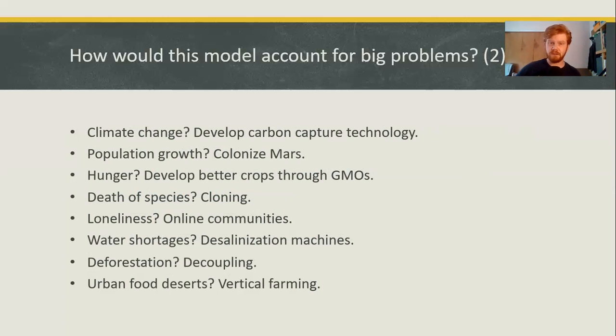Why would we want to do this? Because we're not going to limit population growth. You can't realistically do that. You know, there's no moral way to do that. And so we need to develop technologies that require less of the planet we live on. What about urban food deserts? Make vertical farms in those neighborhoods. You can build a tower of greenhouses that then can grow food for the people who live nearby. Whatever the problem is, there's a technological solution in this framework.